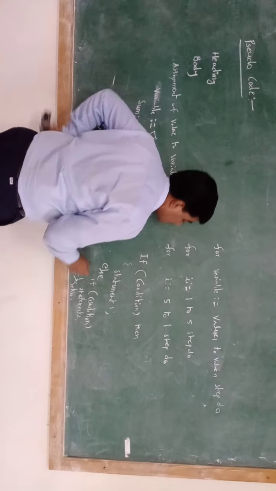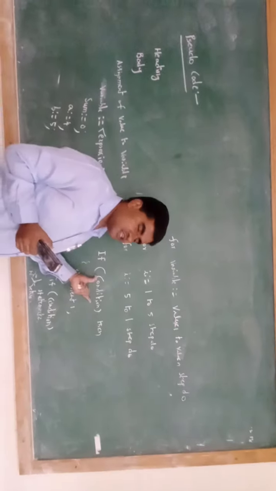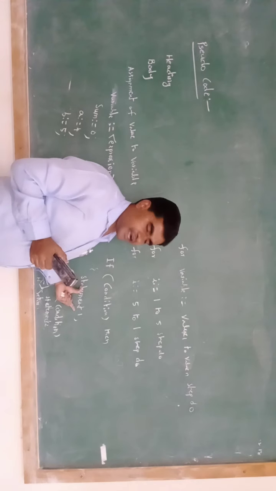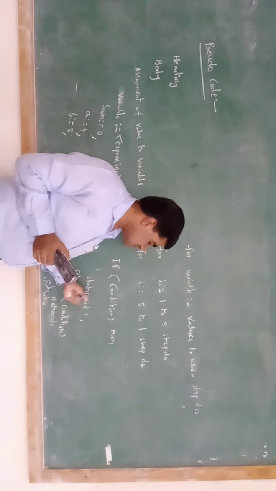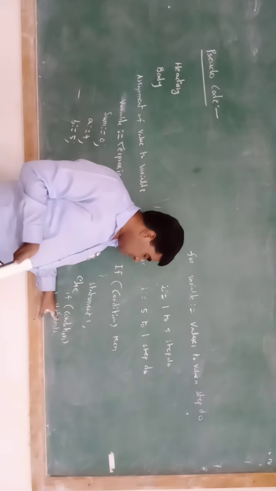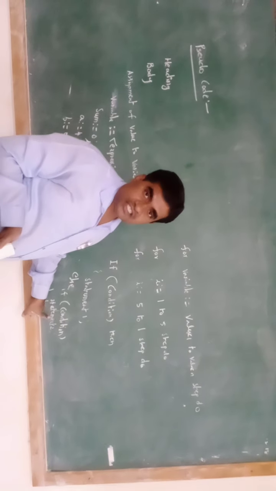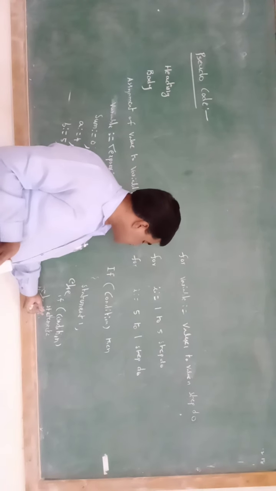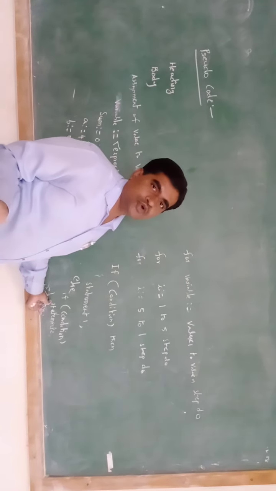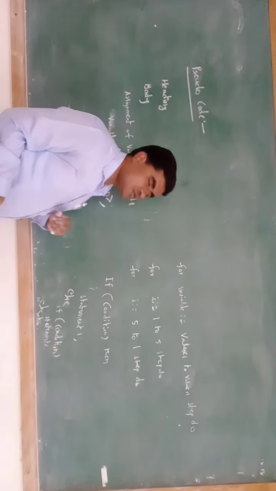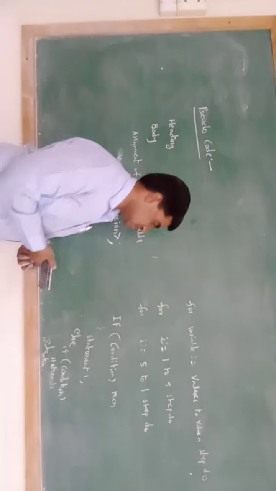It means first we check the condition. If the condition is true, that statement will be executed. If the condition is false, then it goes to another condition, and if that condition is true, we execute the other statement. Like this we check all the conditions. If all conditions fail, then return 0 means there is no value, so it is terminated from the loop. That is how we write the if condition.